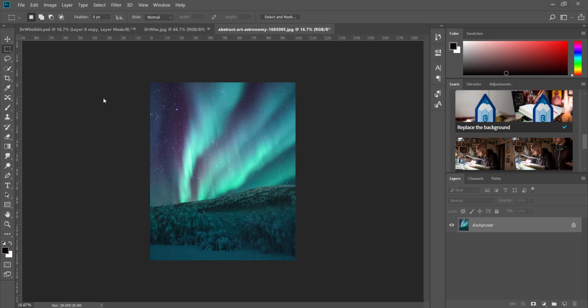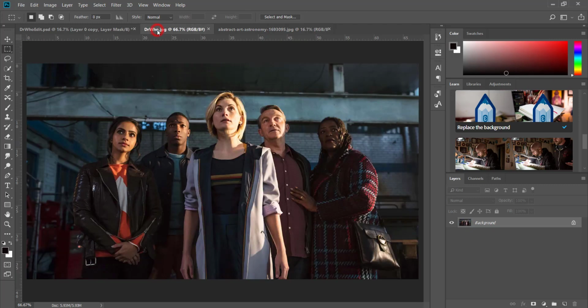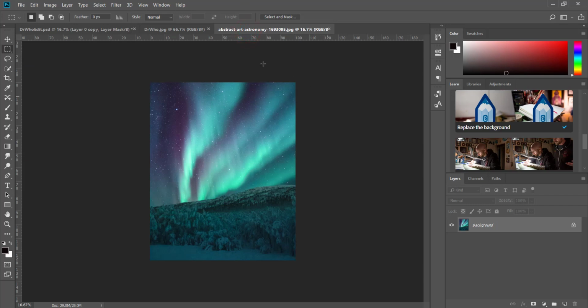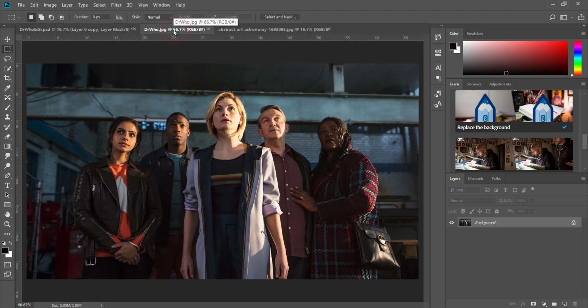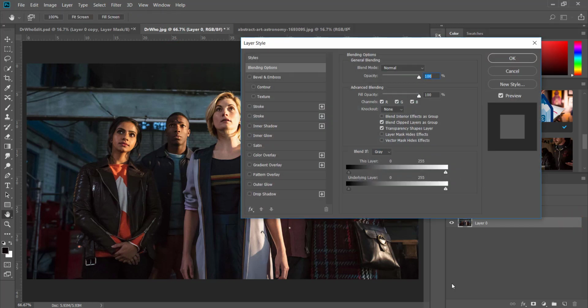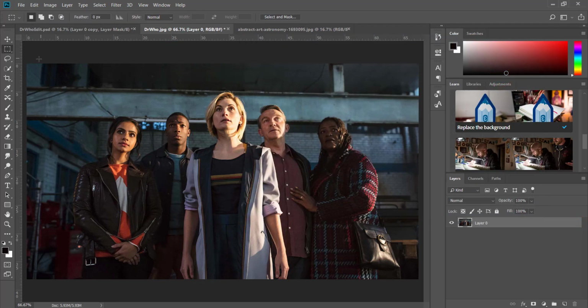Now in this example I'm going to take this picture of Doctor Who and some of the companions, and I'm going to take the Doctor out and place her in this image, snowy sort of aurora scene, and then I'm going to finally create this from it. Now to do that I'm going to first unlock this layer by double clicking on it and then just click on cancel. Now to extract the Doctor from the image I'm going to use this tool here, which is called